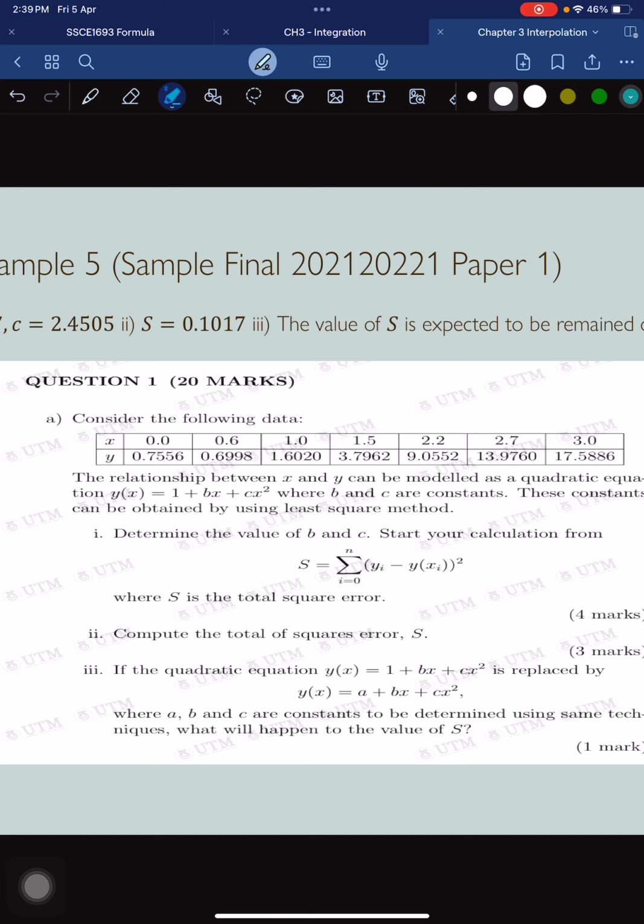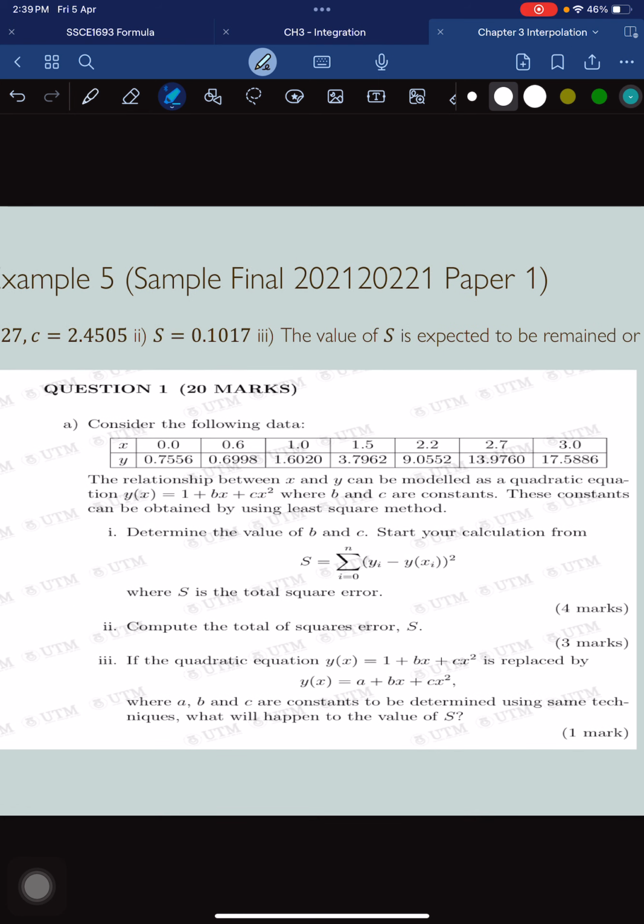Press menu 6. Okay, now we have a quadratic equation. So quadratic is number 3. So you have to press number 3. Then substitute the value of x, 0 equal 0.6 equal 1.0, 1.5 equal 2.2 equal 2.7 equal 3 equal. So we have 7 data. And then substitute the value of y,